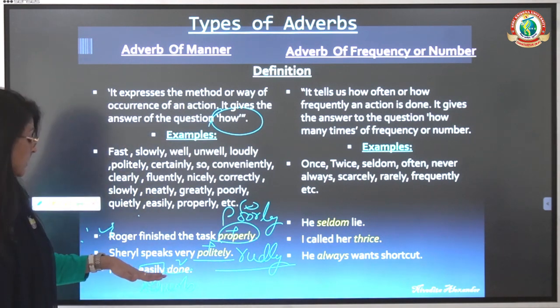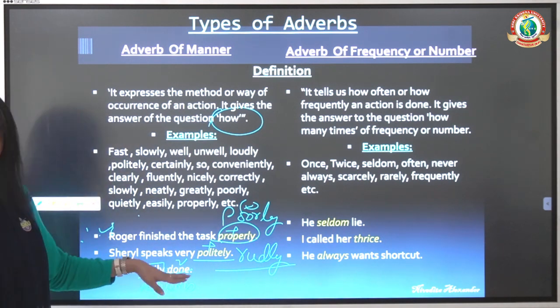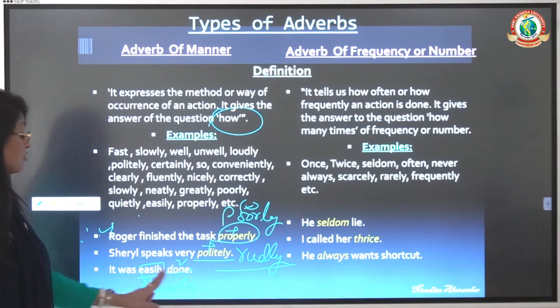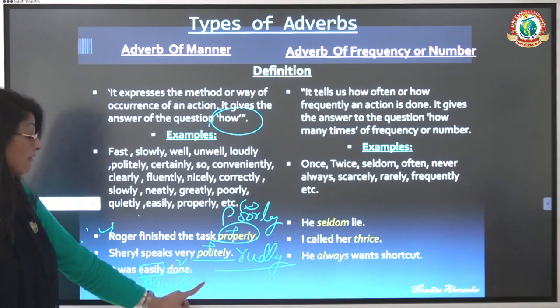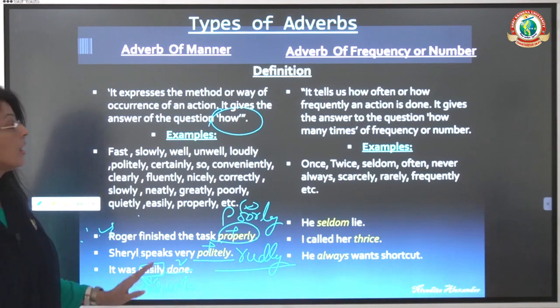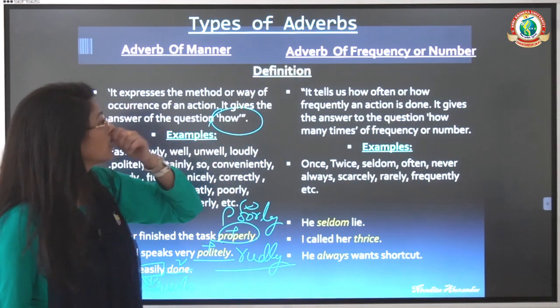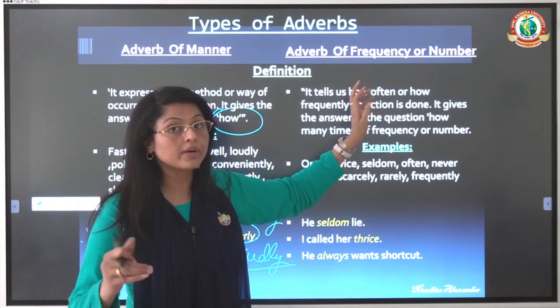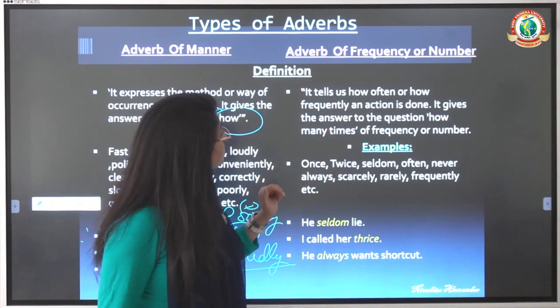So how was it done? It was easily done. It was tough to do. If I say tough, tough is the negative word. It was tough to do. Okay. Similarly, now coming on to the adverb of frequency or number, as I already explained to you in the previous